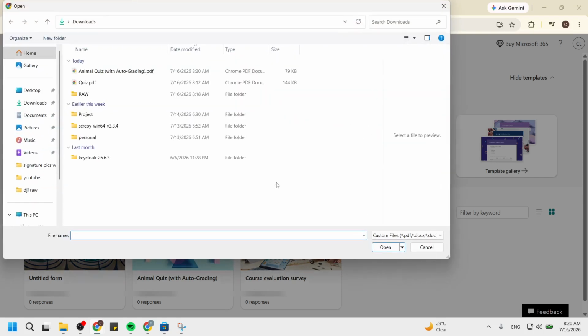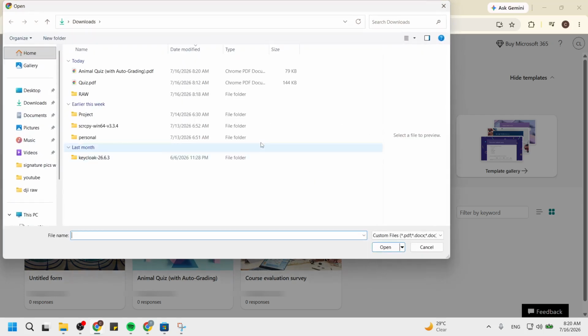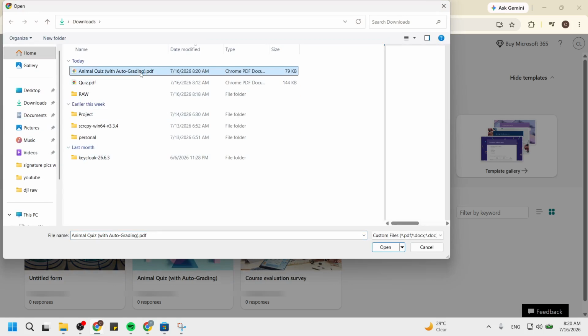This button is easy to spot and is designed to facilitate the import of content. Clicking it will lead you to the next step, where you can upload the PDF you just saved. This feature is incredibly handy because it saves you time by automatically converting your PDF quiz into a form. After that, click Upload from this device and select the PDF copy of your quiz. Your File Explorer will open, allowing you to navigate to where you saved the PDF. This step is crucial because the Quick Import function needs the correct file to work its magic. Once you select the PDF, you will be one step closer to having your quiz converted into a form.